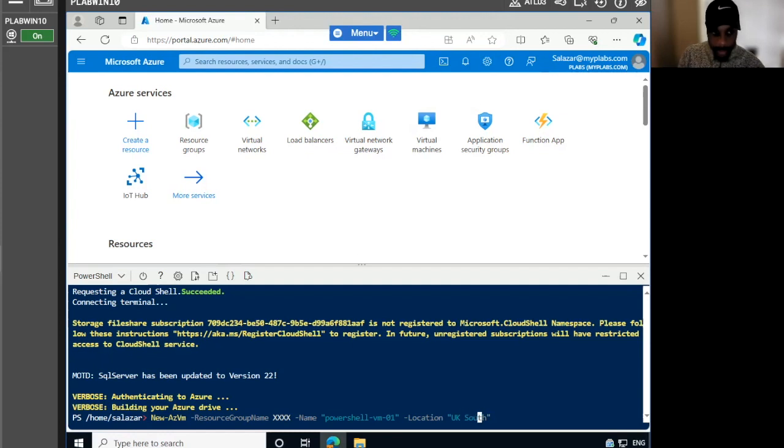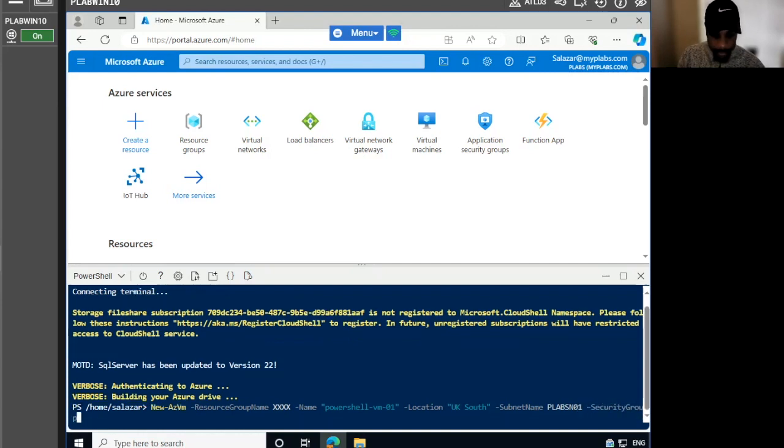Okay. So now the location, which pretty much means the availability zone that this resource will be assigned to. And then subnet name, which is the name of the subnet for this virtual machine, which is going to be practice labs. And one, right? We have security group name. And this one is self-explanatory, I would assume. It's just the name of the security group. It's going to be practice labs